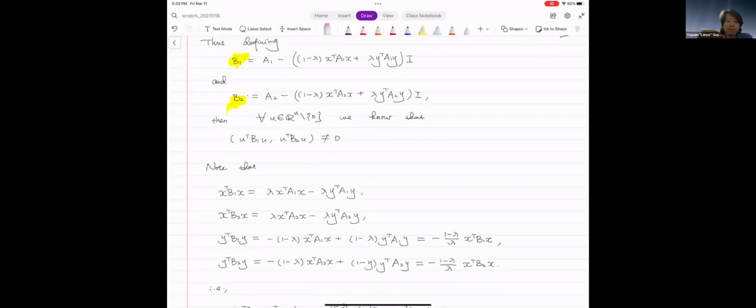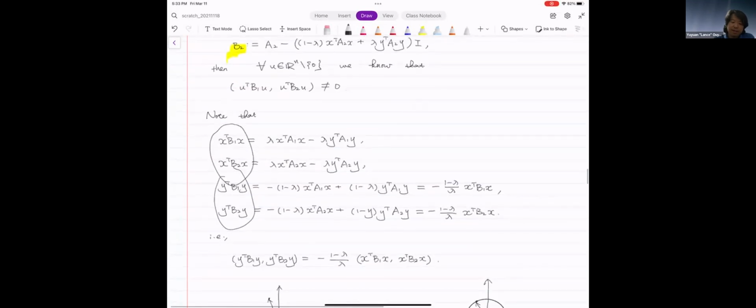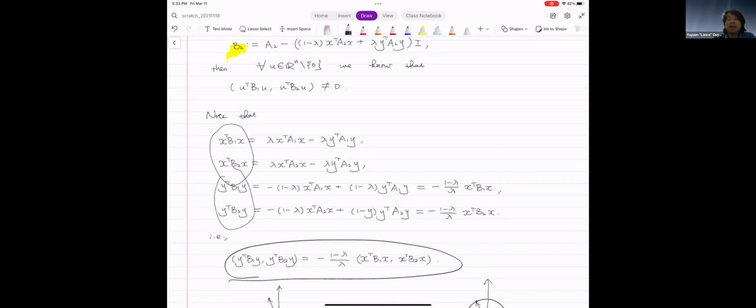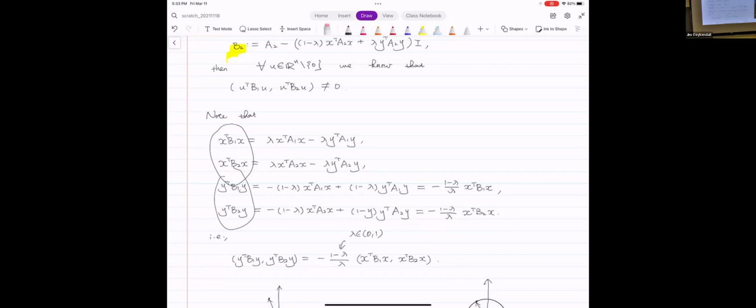Now, with some computation, I can actually compute X transpose B1 X, X transpose B2 X, Y transpose B1 Y, Y transpose B2 Y, and realize this interesting relationship. So basically, this point and this point are going to be scalar multiples of each other. But at the same time, this lambda is between 0 and 1. Okay, we can skip the technical details if needed. But the point is that